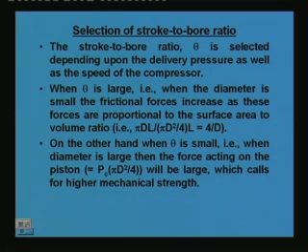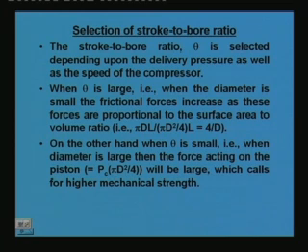When theta is small, it means the diameter is large. What happens when the diameter is large? When the diameter becomes large, the force acting on the piston becomes large. What is the force acting on the piston? What is the maximum force acting on the piston? The maximum force acting on the piston is nothing but the maximum pressure developed inside the compressor into the surface